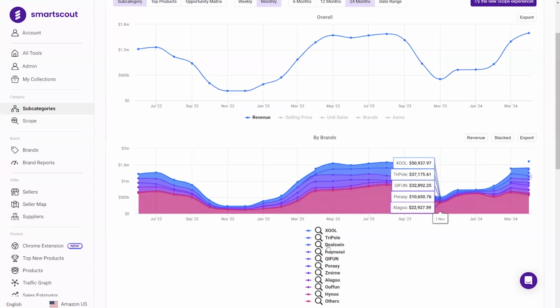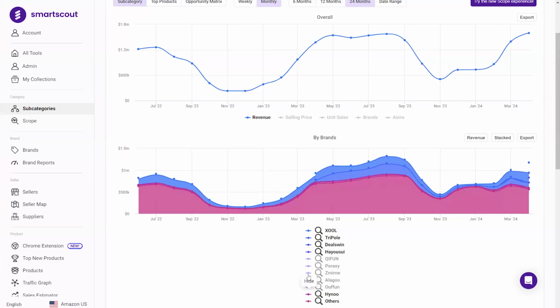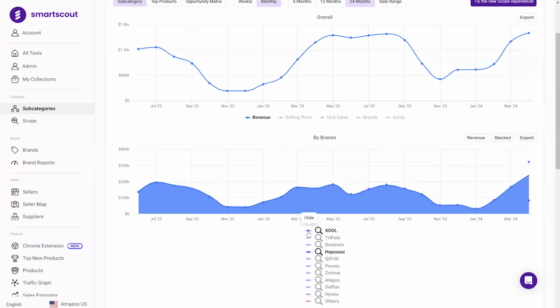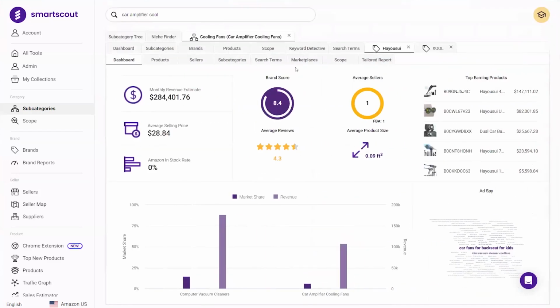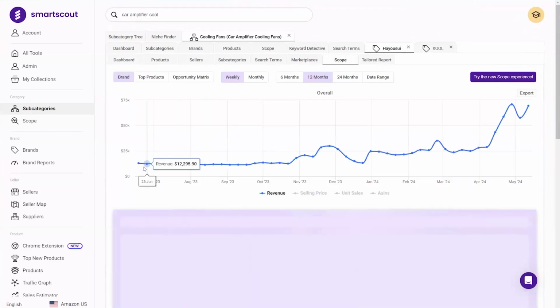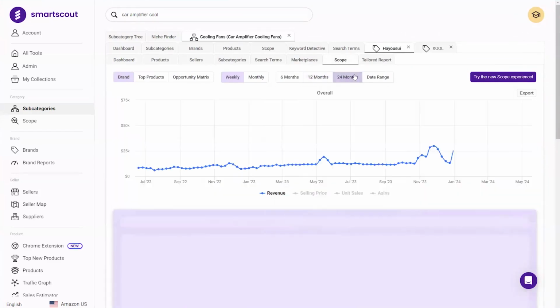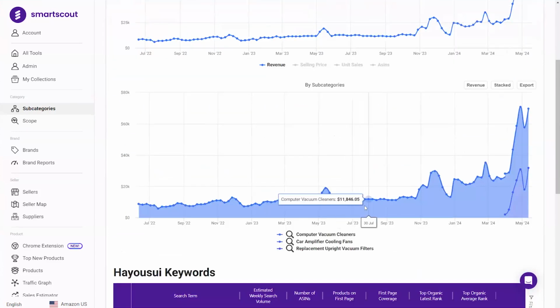We could do things like just basically hide everyone and look at just the brand that we found that just launched a product that within 2 months is doing 25K. And we see April 1st, 2023. Actually, we'd have to probably go a little bit deeper here on the brand itself under scope. So if we look at 24 months on the brand itself, we could see they started in 2022. They weren't doing too much.